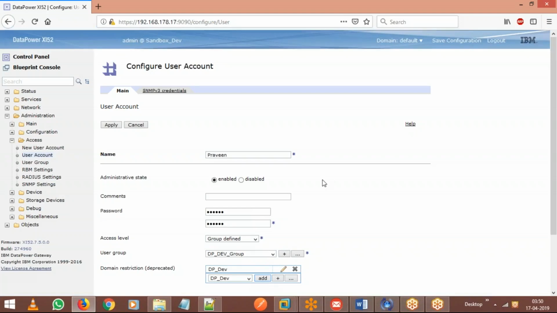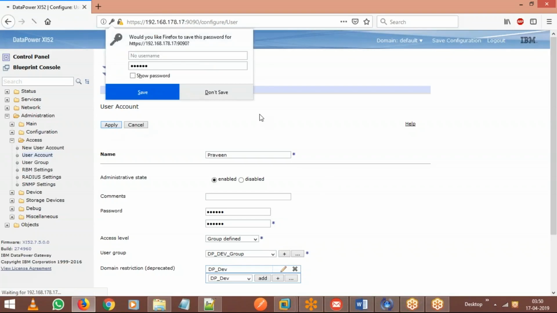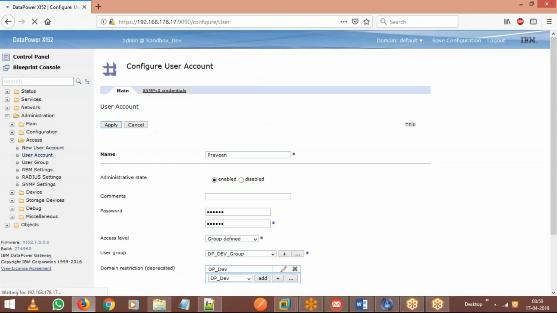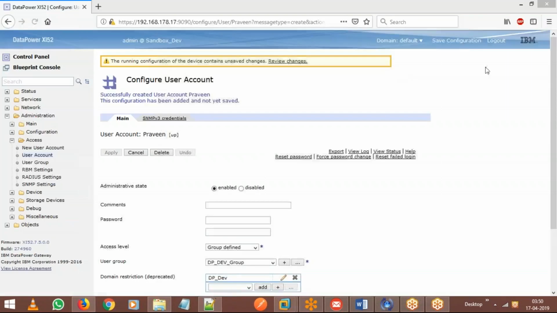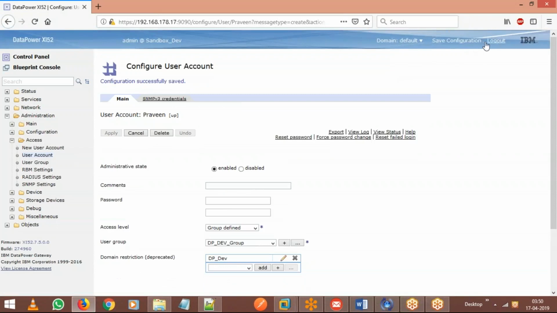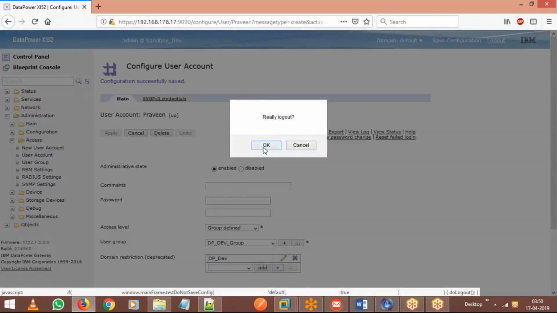He cannot log into any other application domain in my appliance. So I'm putting a restriction here. So just hit on apply here and save the configuration. Save configuration. Now what we will do, we will log out from the appliance and we'll try to log in